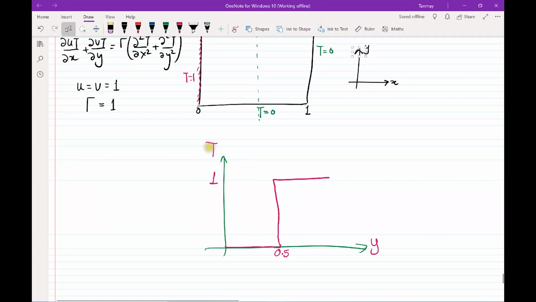Physically it means that we have almost zero diffusion in the problem, and when that is the case, we expect that there is a very sharp change in the temperature at the center line. Equivalently, if I plot temperature as a function of y, we would expect that the temperature is almost zero all the way up to height being 0.5, and then there would be a sudden jump at y equals 0.5 from t equals 0 to t equals 1.